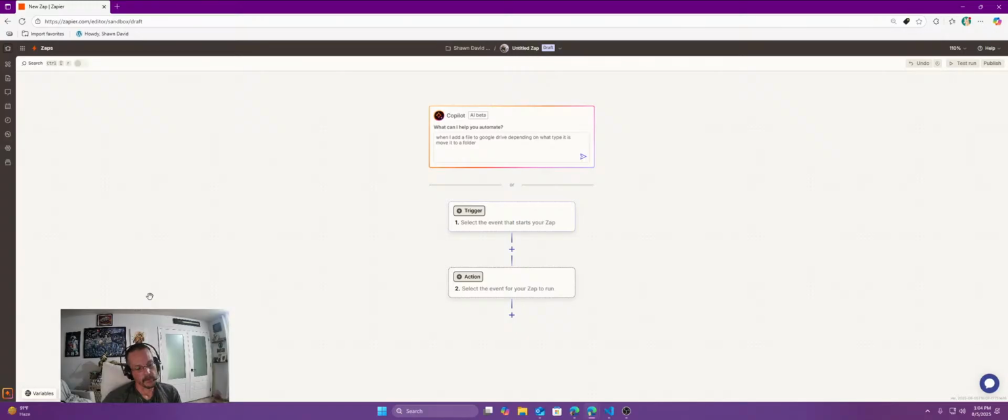So if you've tried Make or N8N or something that is a little bit too technical for you, then Zapier is probably going to be the best place to start. It's going to really allow you to just get things done quickly, especially with the new AI agents. You can just tell it what you want. Again, I don't think that's the best way forward. You kind of want to understand generally what's happening, but you don't need to know why or how it's working,